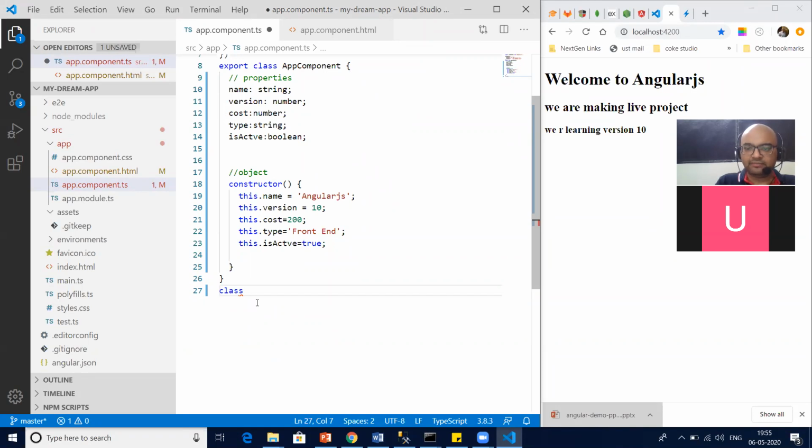Any guesses, quickly? Any guesses, guys? What should be the name of the class? Rohit Tomar saying enter data. No. Pranshu says component. I'm saying no component. We are not talking about component.